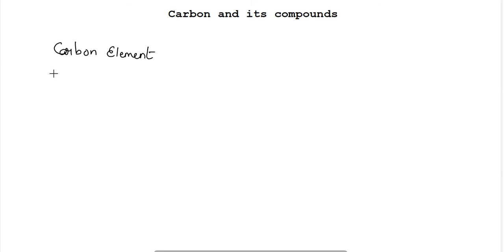Also, we will talk about the covalent bond. What is a covalent bond? Why are covalent bonds formed? And how to represent a covalent bond. And which kind of covalent bonds are formed by carbon? Means how we can relate the carbon compounds which use covalent bonding to form different types of carbon compounds.